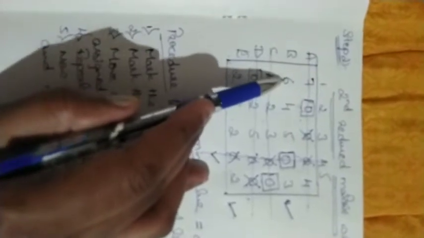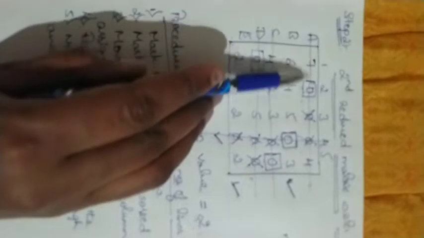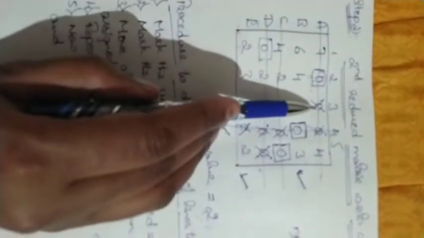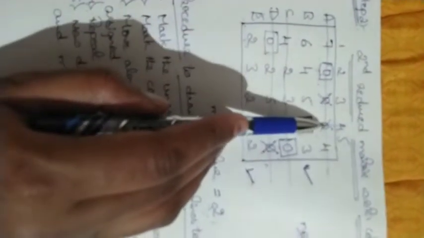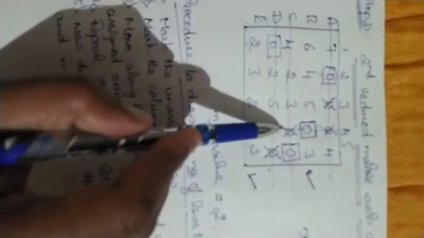I mean those elements' values are subtracted with the minimum value, that is 6 minus the minimum value 2, 4 minus 2, 5 minus 2, 2 minus 2, 3 minus 2, 2 minus 2, and this is also 2 minus 2. And these values, 7 will be written as it is, 0 will be written as it is, this 0 is also written as it is. At this intersection point, for this 0, the minimum value is to be added, 0 plus 2 is 2. And this 0 will be written as it is, and this is also written as it is.